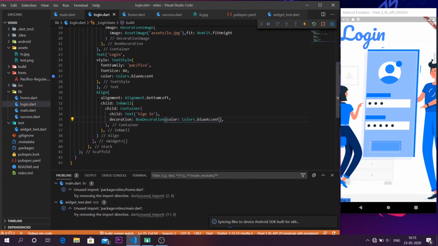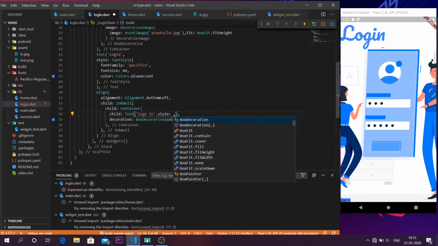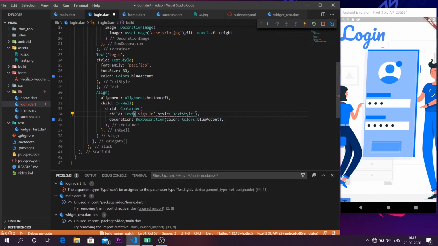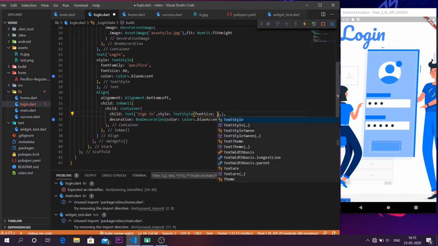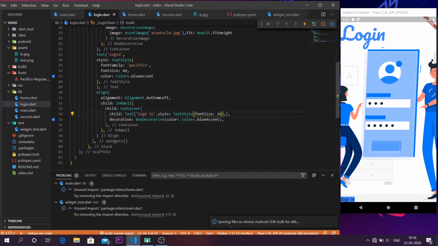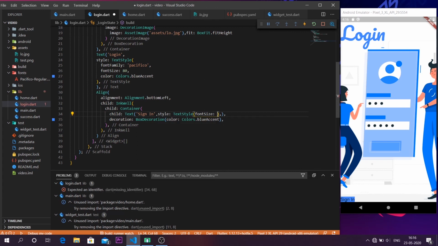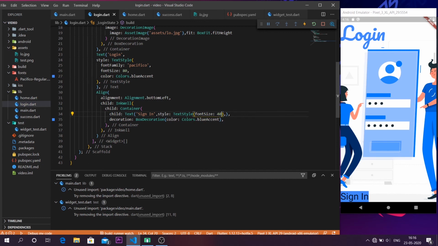So we are actually going with a whole blue theme out here, so I'm going to use the blue accent itself. For the text, I'm going to call in the style function, and the text style function inside that, and we'll increase the font size to something like 20. 20 is a bit low according to me, maybe 40. 40, 30 will be okay, I think. Okay, and also change the font family into my custom font. So font family,